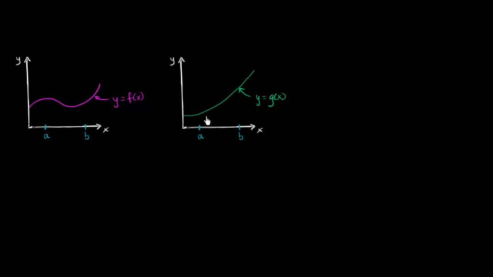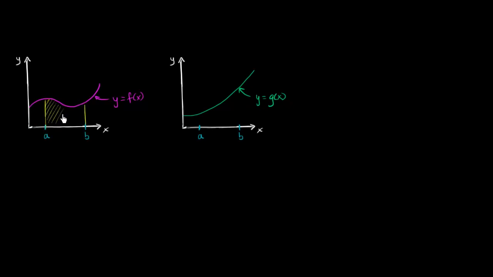So we have a couple of functions here. This is the graph of y is equal to f of x. This is the graph of y is equal to g of x. And we already know ways to represent the area under the curve y equals f of x between these two points, x is equal to a and x equal to b. So this area right over here,